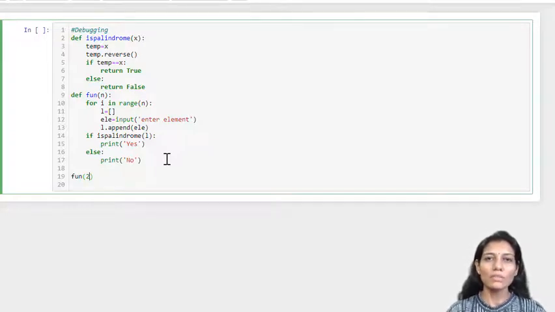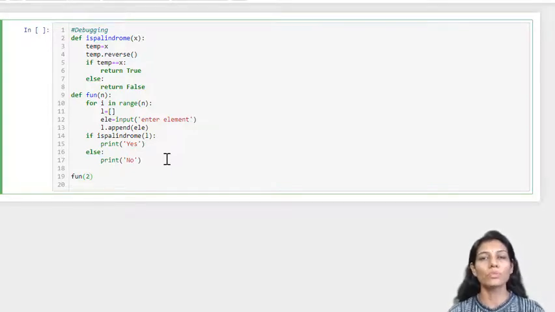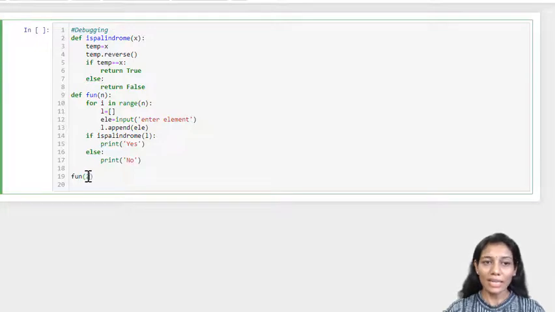It is always better to start debugging with the smallest input, so that you can identify whether the basic functionality is working properly or not. If it passes this smallest case, then you can go for a higher input length. We can increase this later on, once we are very sure that for the smaller range it is working properly. Now we are going to execute it.